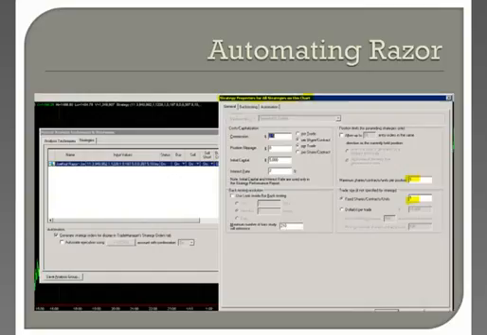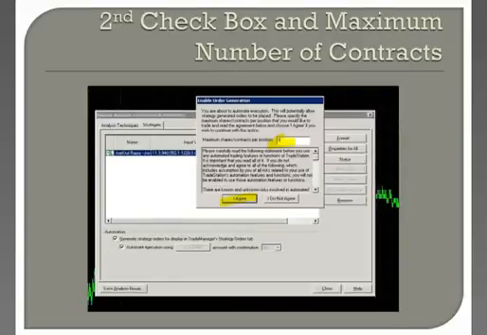Now, if you're automating Razor and you want to turn it on and see how it works, whether in the simulator or real, basically you apply the chart and you make sure you've got your commission in and your capital, and you put down the maximum number of shares or positions, which we're going to do as 1 contract, in both of these places here in the general tab. And once that's done, when we hit the automation boxes and agree, I'm going to put the maximum shares at 1 contract. Again, it's just kind of a little safety valve to make sure that you don't trade too many contracts, especially when you're first checking it out.